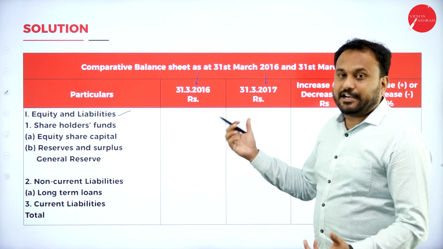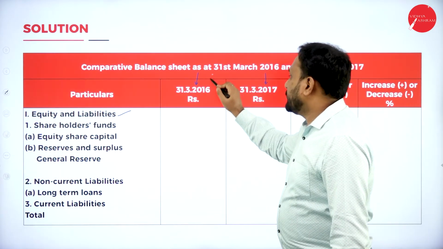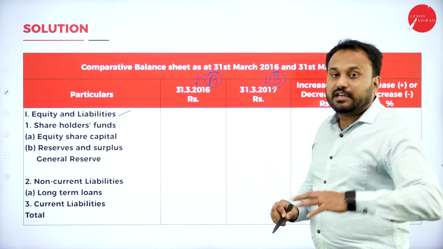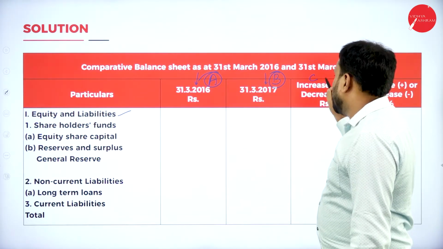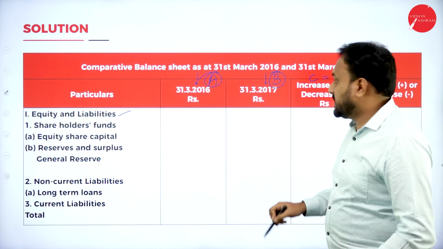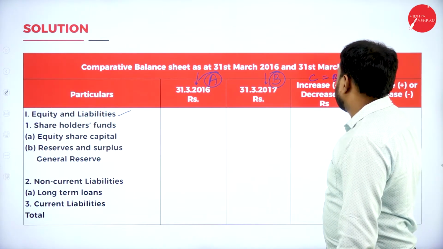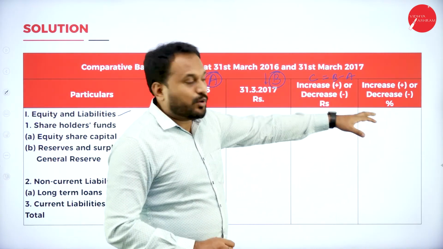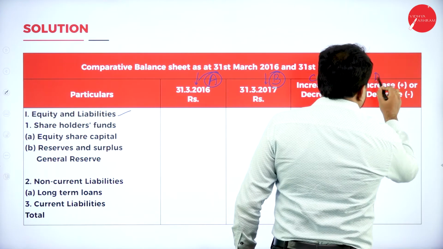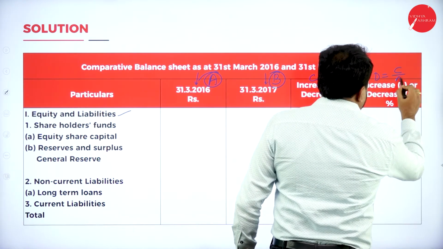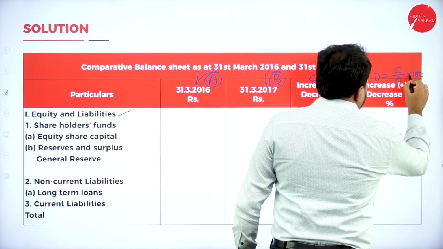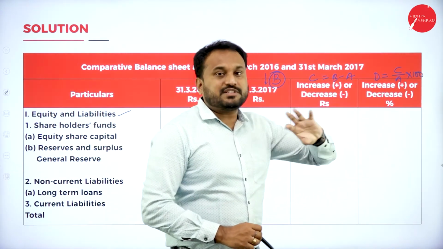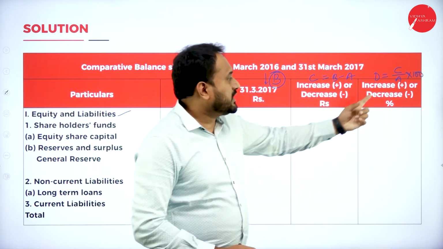Now comparative means what? We compare. You denote this as A, and this you denote as B. Now whenever we compare, that is a change. What we get? This column is called C, C is equal to B minus A. The last one is D. This is the change percentage. D is equal to C by A into 100. Now why 100? Because this column is only a representation of percentage. That's the reason we go with into 100.